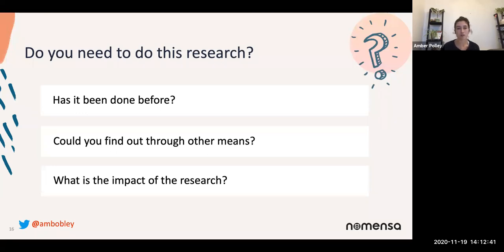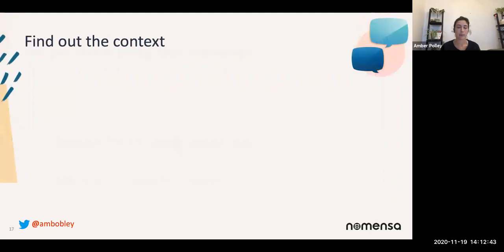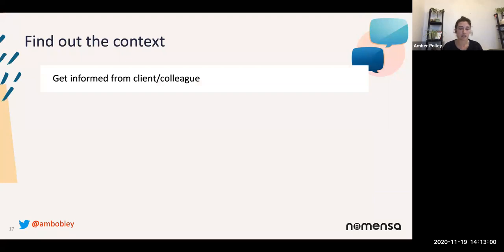And if the answer to whether you need to do this research is still yes, then you need to find out as much about the context as you possibly can. I'm not really talking about the details of each participant, because you might not even know who you're researching with yet, but more about the situation these participants are coming from and what issues they're going to be bringing into the sessions. If you're working with a client, they potentially will have this information. If you're working with a group you already know, maybe a colleague will know this. And it's really going to help with managing any issues in those sessions.